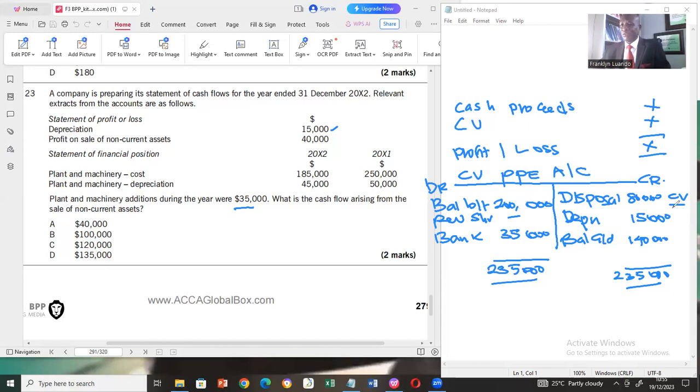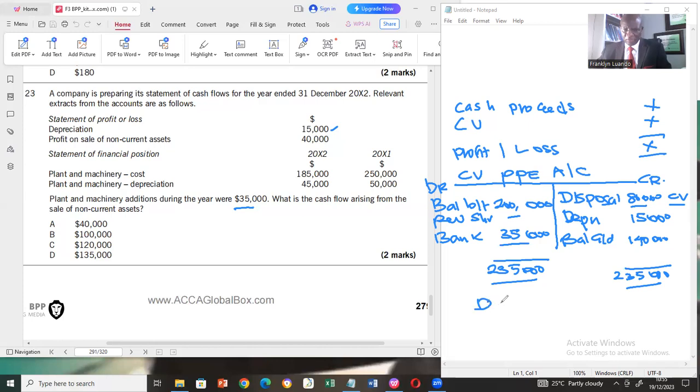So in this account, you can find either what has been acquired or what has been sold at carrying value. Or you can also find out, if you're not given the depreciation, it can be the balancing figure. So in this case, what was missing was the disposal of an asset at its carrying value. So if we know the carrying value, then we can find what was received by comparing